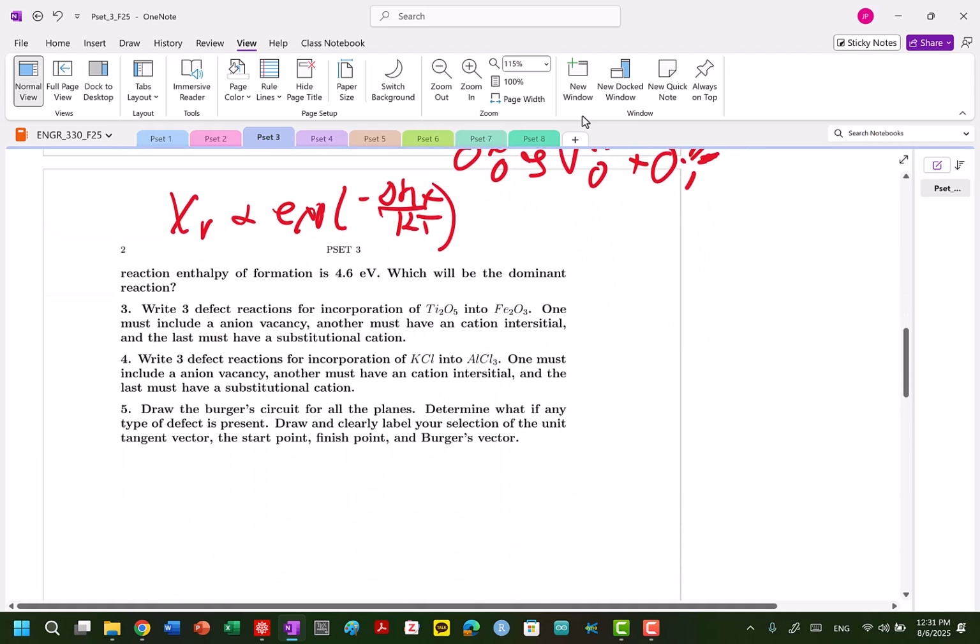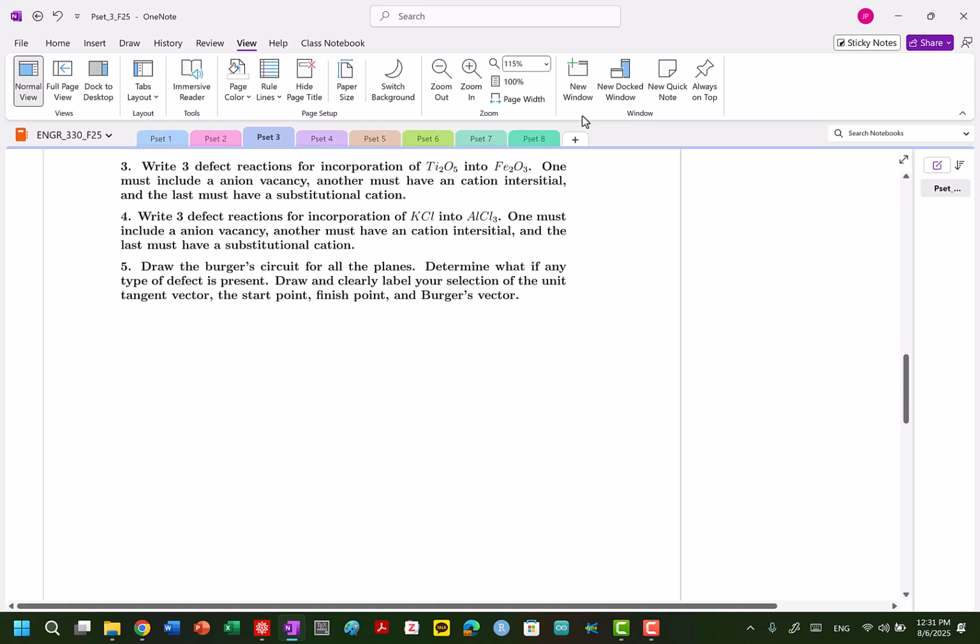Great. Write 3 defect reactions for the incorporation of this into this, meaning Ti2O5 is going to be our impurity, and our host is going to be Fe2O3. I'm going to go backwards, substitutional cation first. So Ti into Fe, 3 plus to 5 plus, so I need to gain 2, plus a vacancy of Fe, which is going to be minus